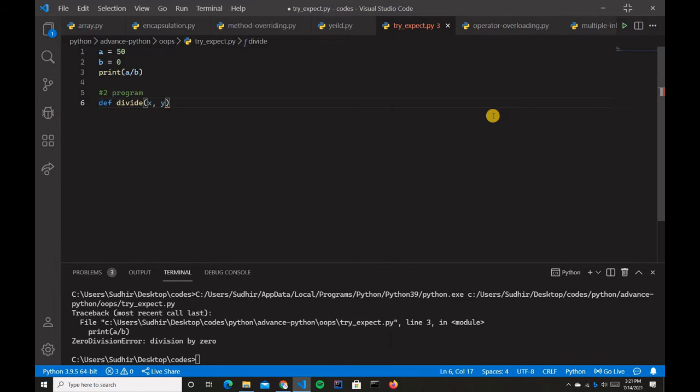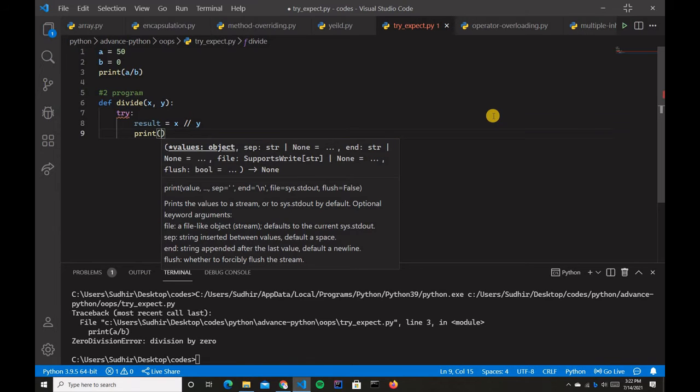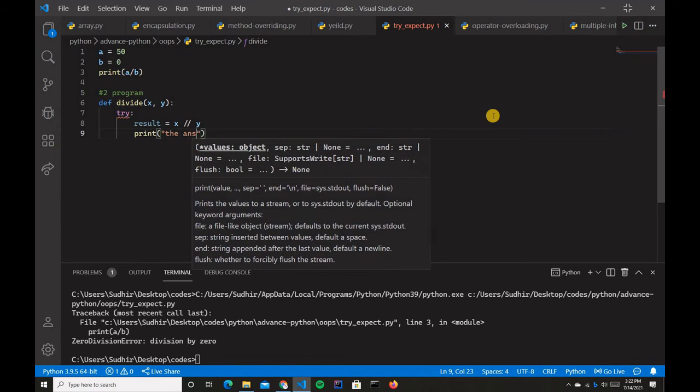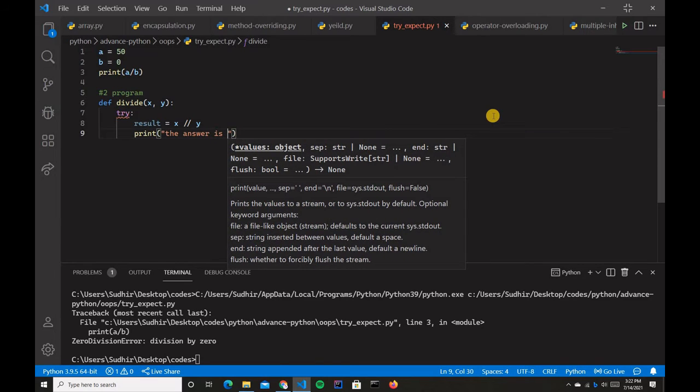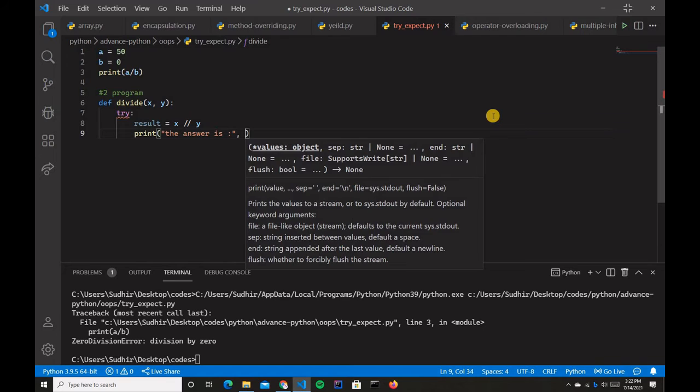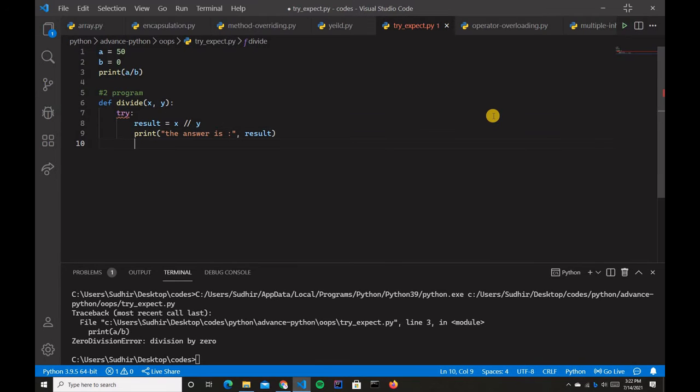Then we add a try keyword, and then we have to type result is equal to x double slash y, and then you type print the answer is, comma, result, something like this.